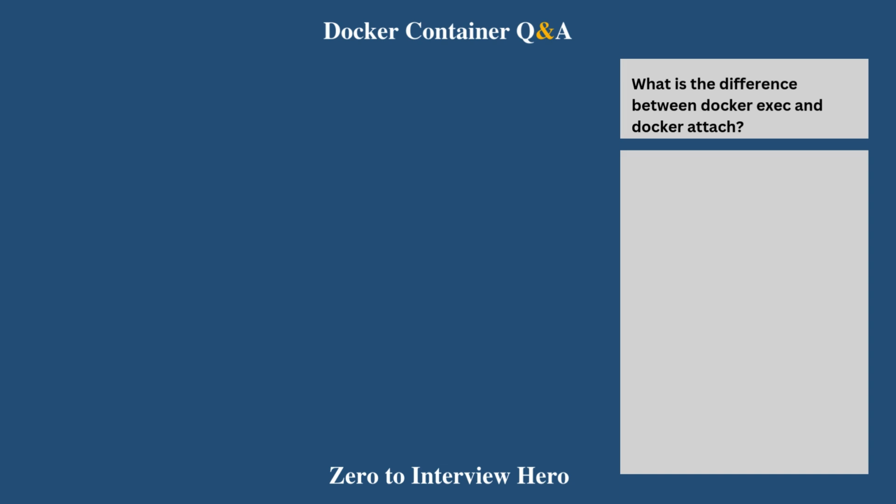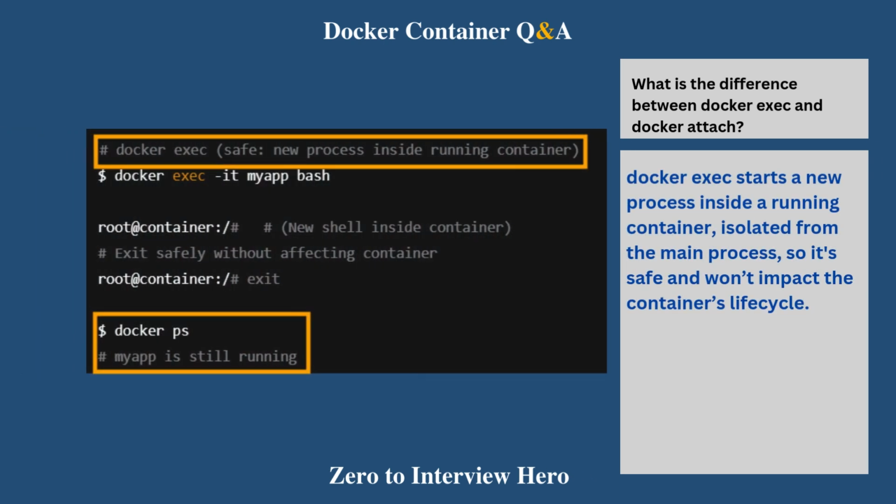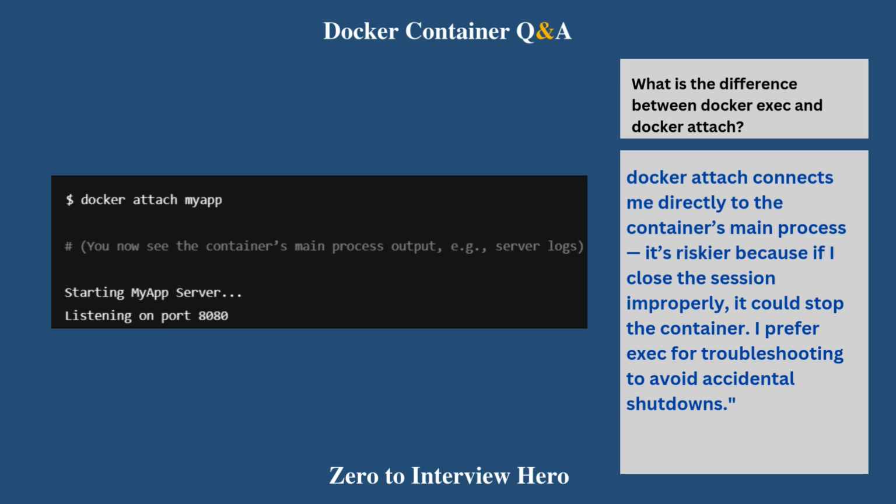Moving on with our next question. What is the difference between docker exec and docker attach? Here's how you can respond. Docker exec starts a new process inside a running container, isolated from the main process, so it's safe and won't impact the container's lifecycle. Docker attach connects me directly to the container's main process. It's riskier because if I close the session improperly, it could stop the container. So I prefer exec for troubleshooting to avoid